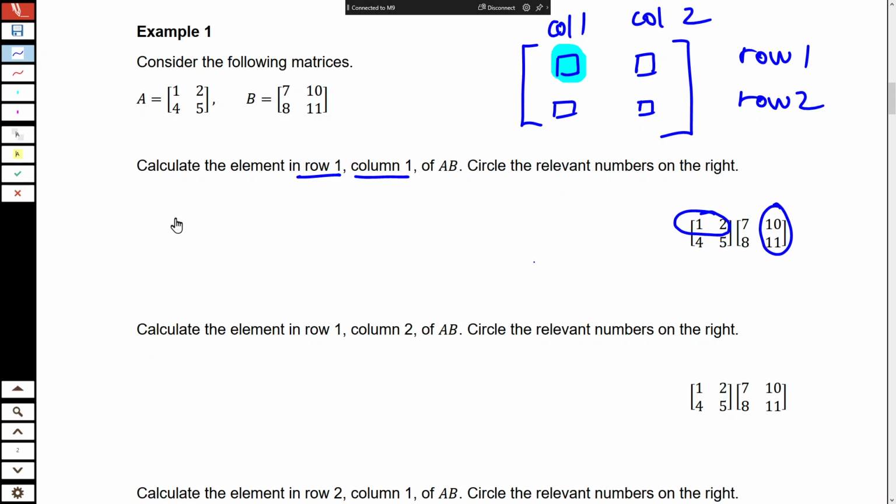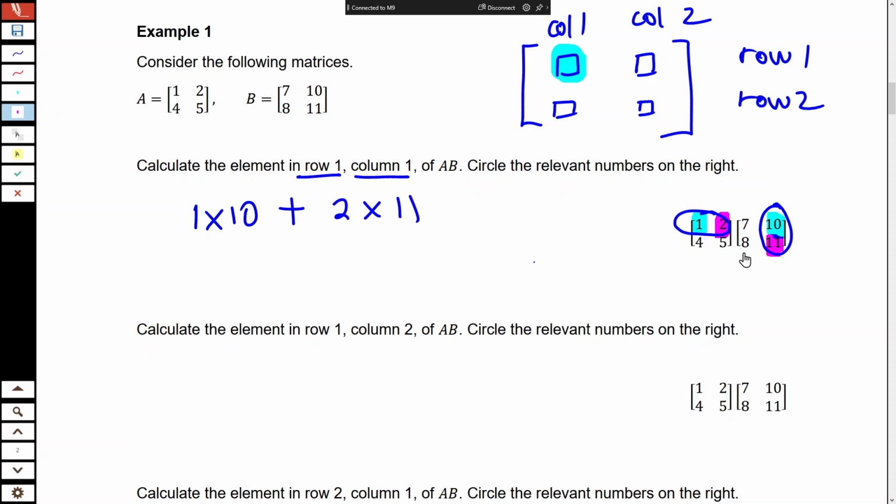So this single number is going to be 1 times 10. So I'm taking the first number and then I'm going to add 2 times 11. And that corresponds to the second number